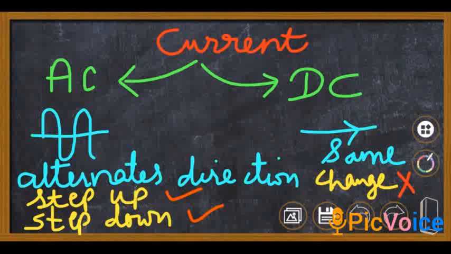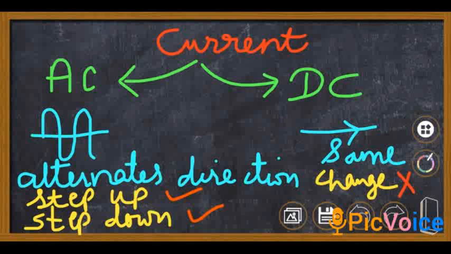You can see it is above the line, then in the next cycle it is going below the line, then again it is going above the line. So this continues; after a fixed time period, it goes on changing its direction. Whereas DC current is represented by a straight line, going in the same direction. It doesn't matter in which direction the current is flowing, because we only want the electrons to flow.